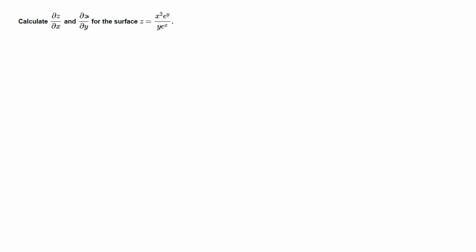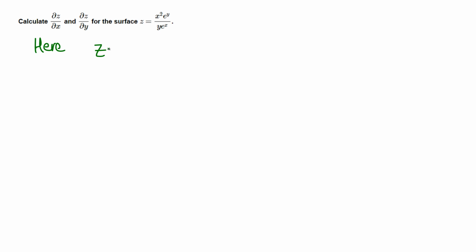Similarly, when we find the partial of g with respect to y, x squared over e to the x remains constant, and for e to the y over y we use the quotient rule. That is one option, but I'm going to use another option. I'll make a function of 3 variables. I mean, this surface can be rewritten as